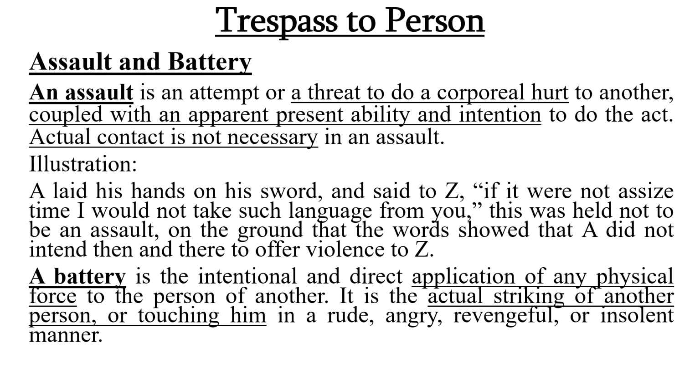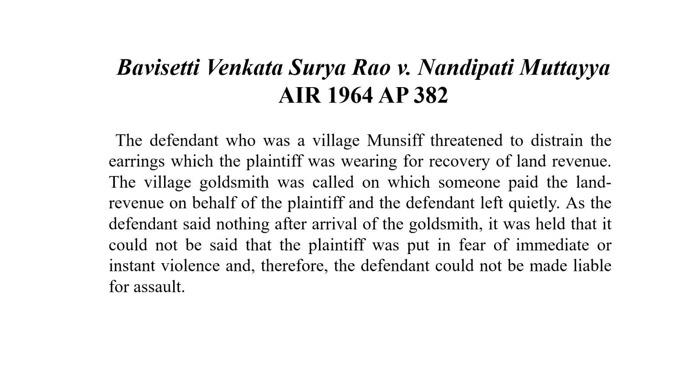Sorry, what was missing here is this rude, angry, revengeful, insolent manner of behavior. Whether he had the ability or not is not important to measure in that way. What is important is that he could have snatched it also. But did he show that aggression? He called the goldsmith, but the moment he got the money, he left simply. So whether his intention was there, or his ability, or it was just a threat to scare him, to make sure that by this way somebody else will pay, that was his actual intention, and that is why, on whether it was an assault or not, the court held